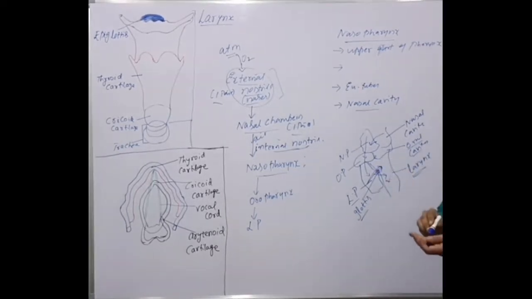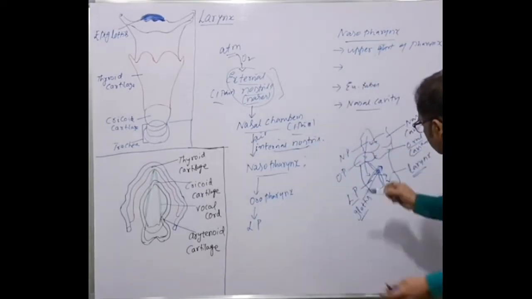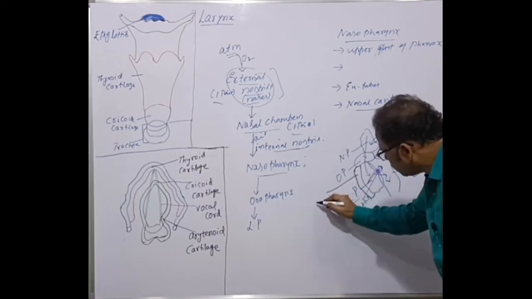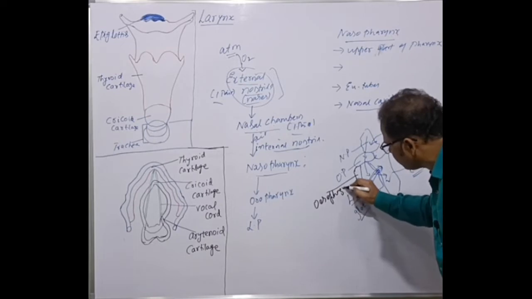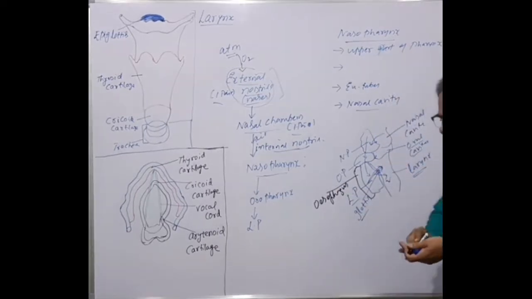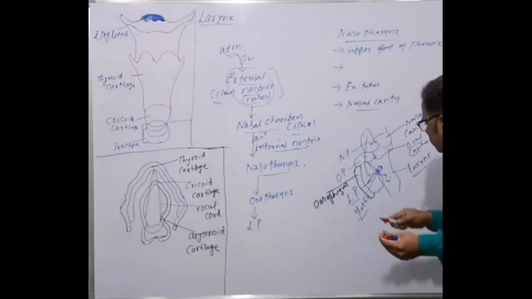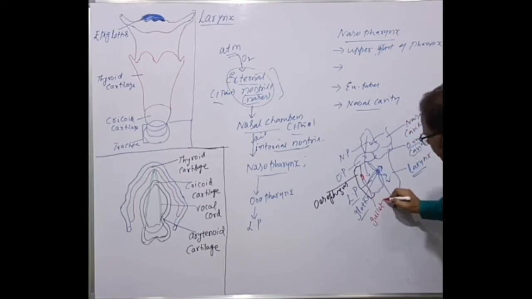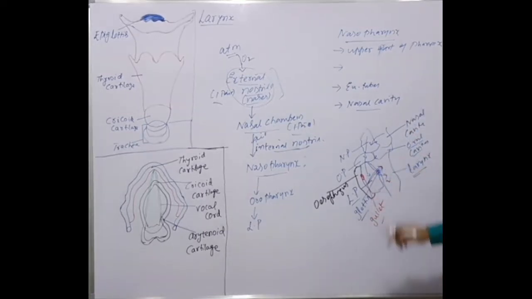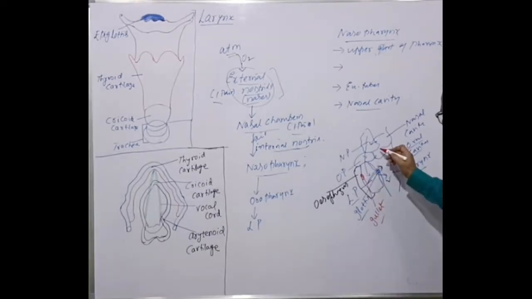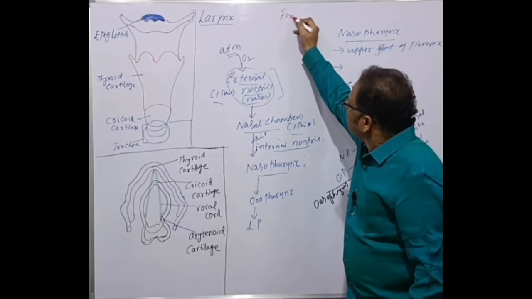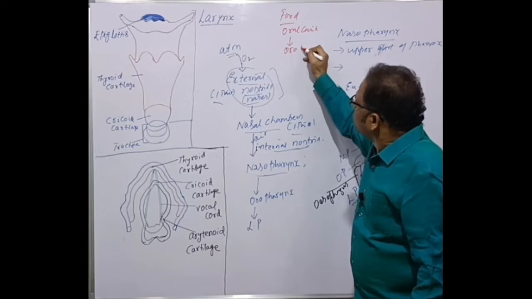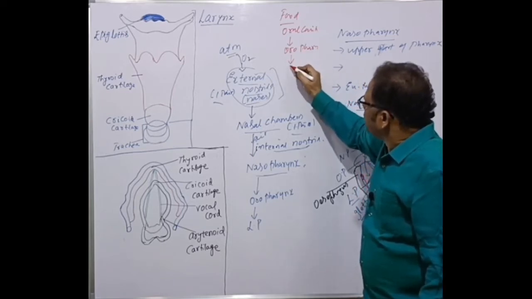And you have to remember that something tricky is here. You see, here is the other structure called, what is this one? The esophagus is present here. So the laryngopharynx is connected with the esophagus also, through the structure called the gullet. That is the laryngopharynx. From the laryngopharynx, the food enters from the oral cavity. See here, the food enters from the oral cavity into the oropharynx. From the oropharynx into which one?